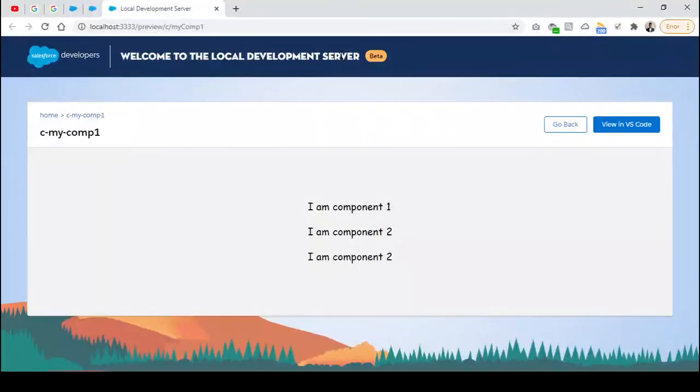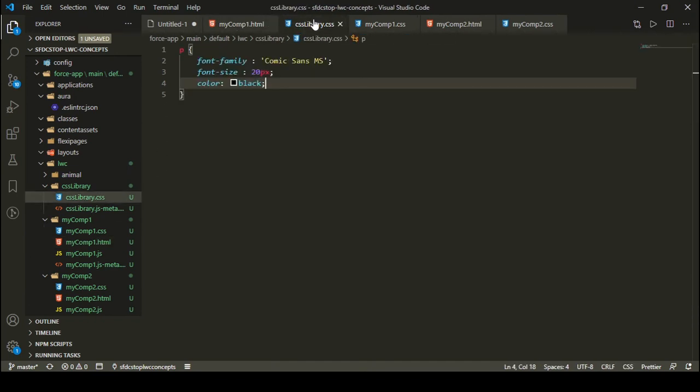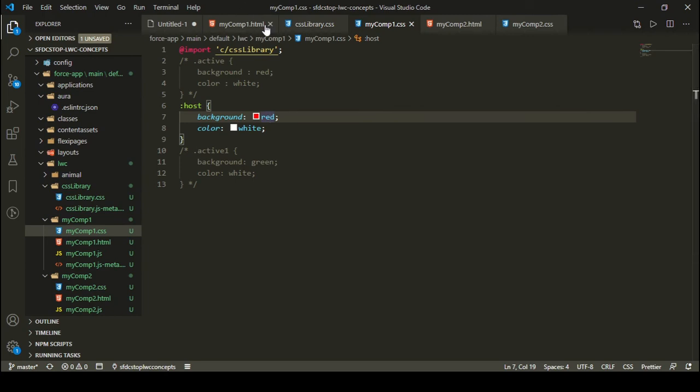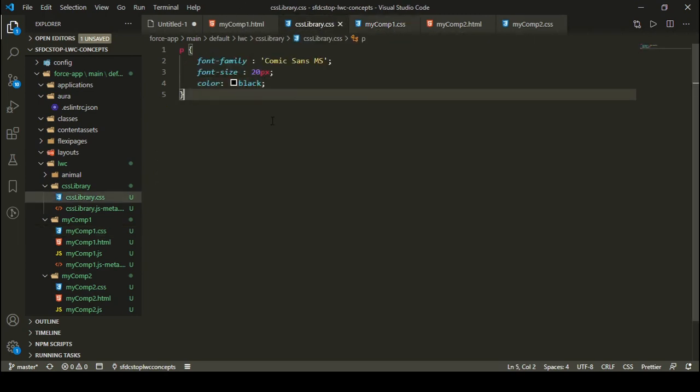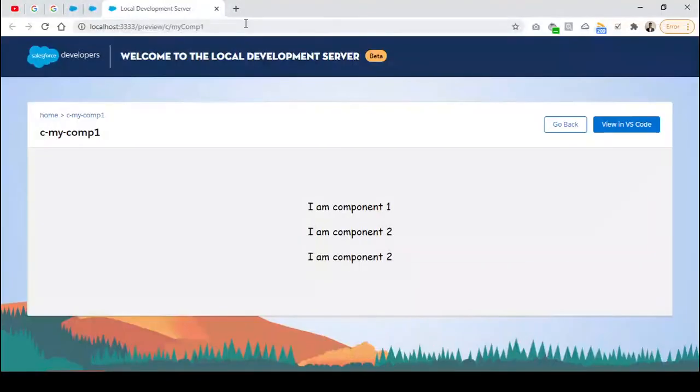So this CSS is applying to all the components which are importing this particular CSS library, and as I have wrapped the only text that I had in my component under the paragraph tag, that is why it is overriding the host CSS, because the host CSS is applied to the whole component but not that particular paragraph, because I have defined a different CSS for that paragraph, right? So in this way I can create a CSS library and I can share CSS among various components. So for example, here we have created a CSS library and it is being shared by component 1 as well as by component 2. So that is why the CSS is applied to both the components, right?